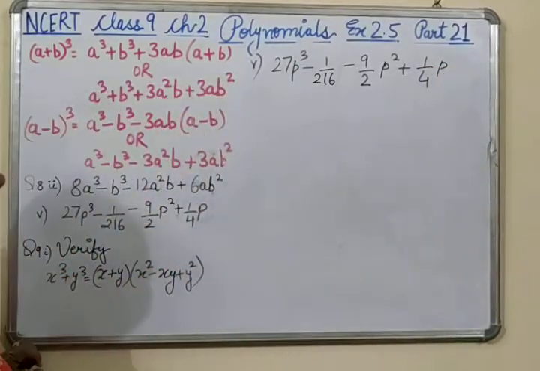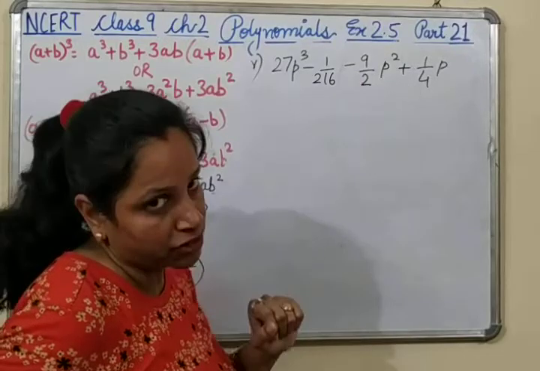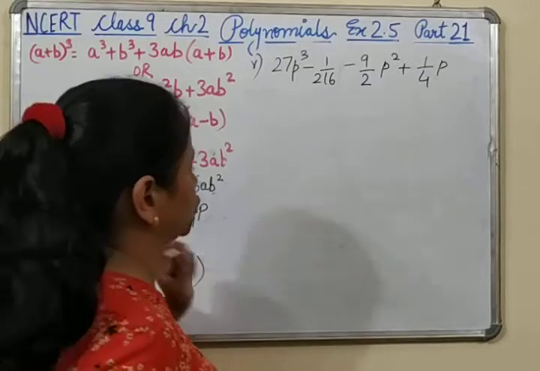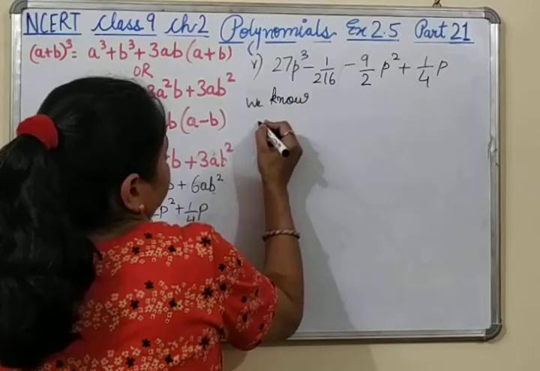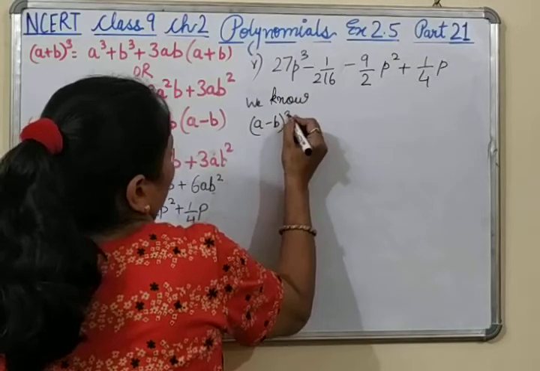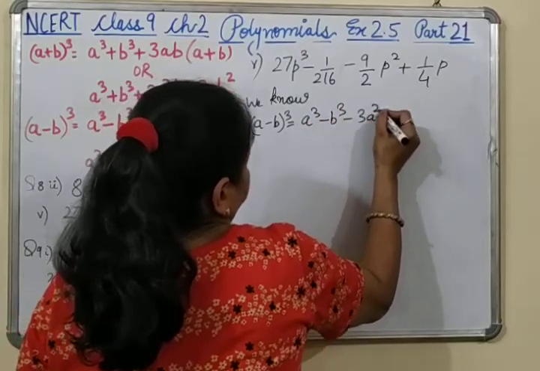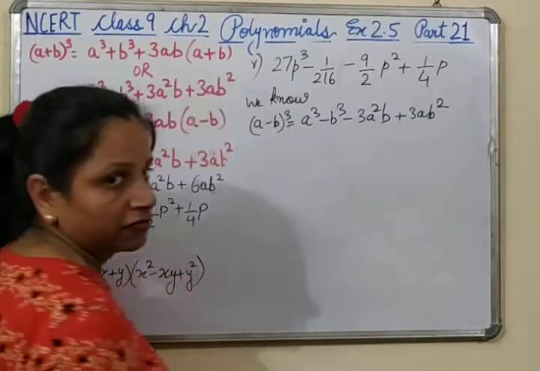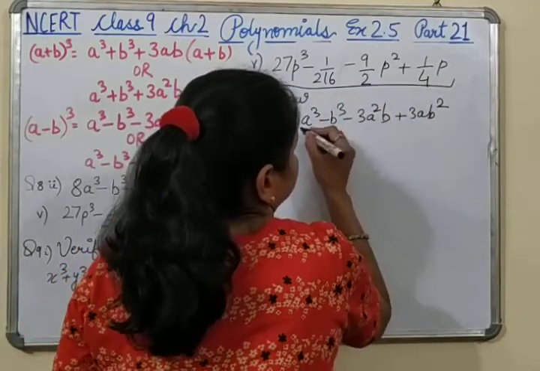Now look at the question carefully. We have to apply one of these two identities, but when we look at the question again we will find negative signs, and here we have one positive sign. In the cubic identity with two negative and one positive sign, for sure we are going to apply the second identity. And what is that identity? a minus b whole cube is equal to a cube minus b cube minus 3a square b plus 3ab square. Fine.